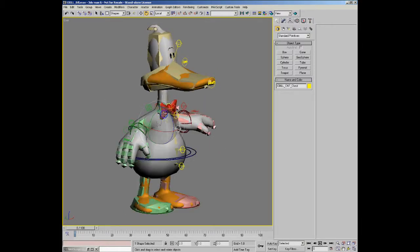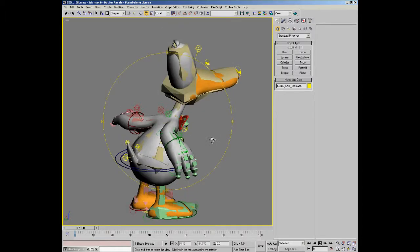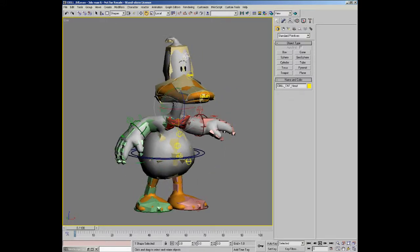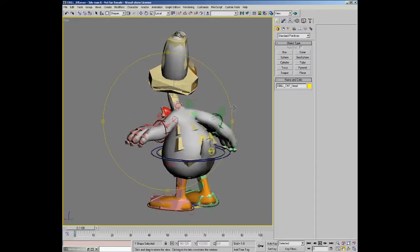Skinning this character and getting it to be able to bend and flex correctly was relatively easy. This kind of character is a thin, noodly character for the most part. The short little stubby arms caused a problem, but overall it was relatively easy. I could skin one of these characters in less than a day easily, and get them to work very well